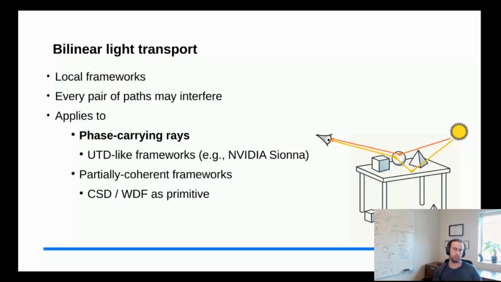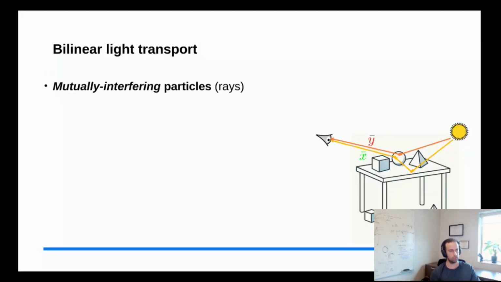Other formalisms, for example, if you were to use a cross-spectral density from optical coherence directly of the Wigner distribution function, such formalisms have been proposed in the past. They also can be understood as phase-carrying rays that mutually interfere. I won't go into much detail into the formalisms, it's less interesting. What is important is that once you give up incoherence, you get those kind of bilinear formulations where all pairs